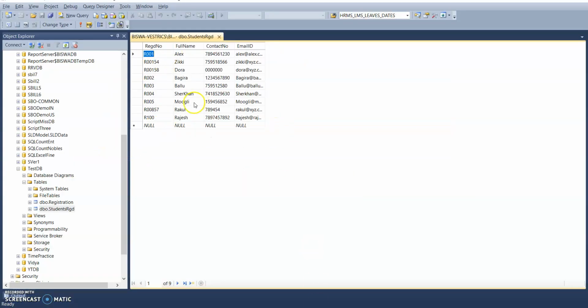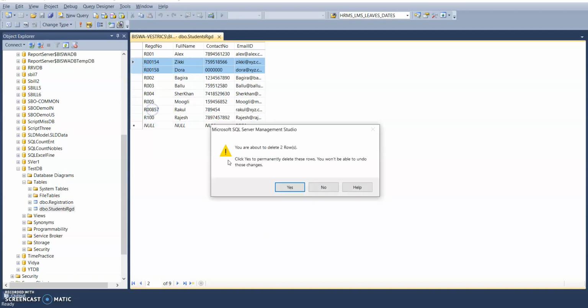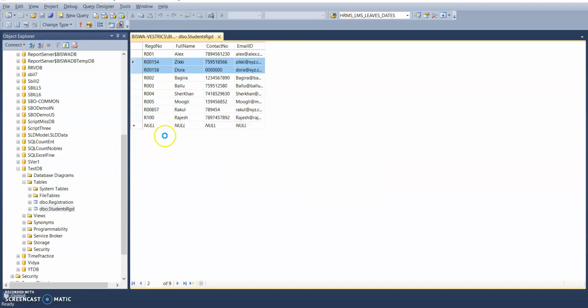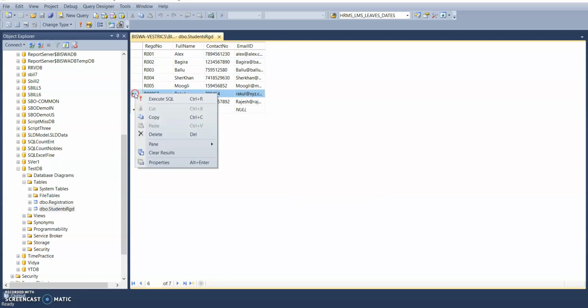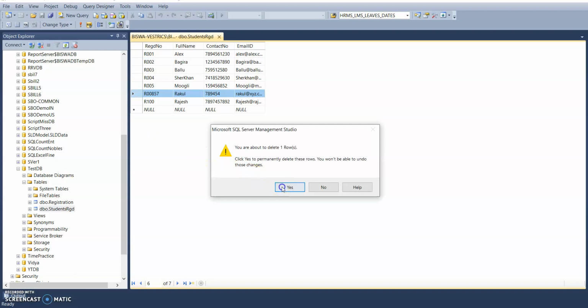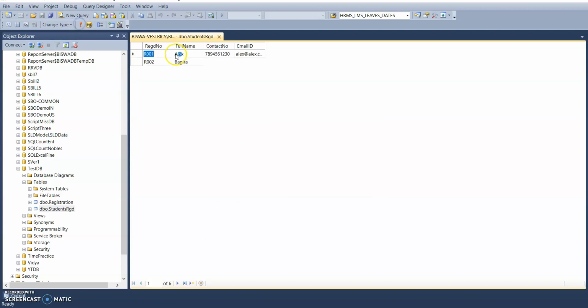In my database we have this much of data. Let's delete some data. These are odd registration numbers. I am deleting these odd registration numbers. So now I have this much of records.